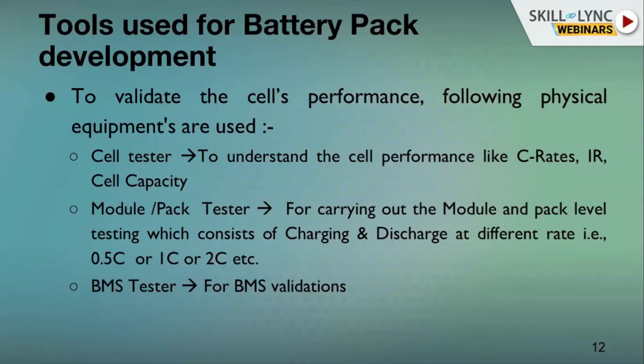In a normal scenario, if you leave it, it will go up to 4.1, then 4.15, 4.2, and it can keep on increasing, while the other cells are also increasing until they reach their set point. That means there is no limit on the cell which has already reached its set point. If you don't balance, the cell which first reaches the voltage limit will deteriorate faster. That leads to capacity degradation, and the pack will not be able to deliver its capacity properly.